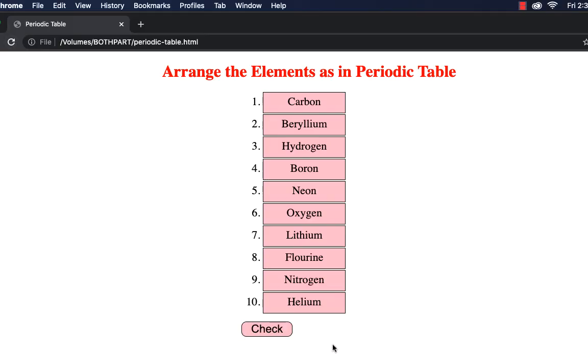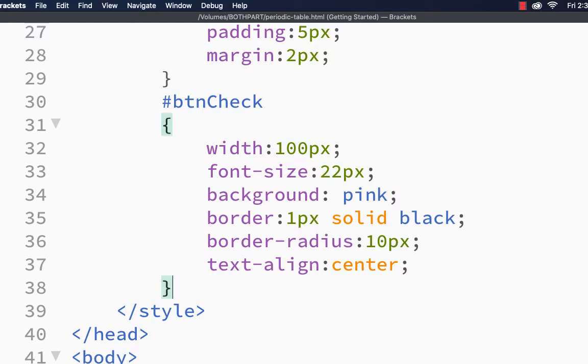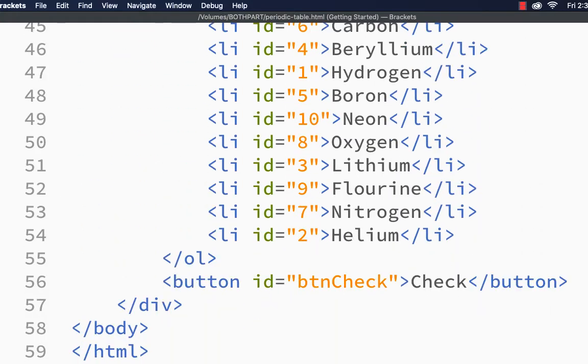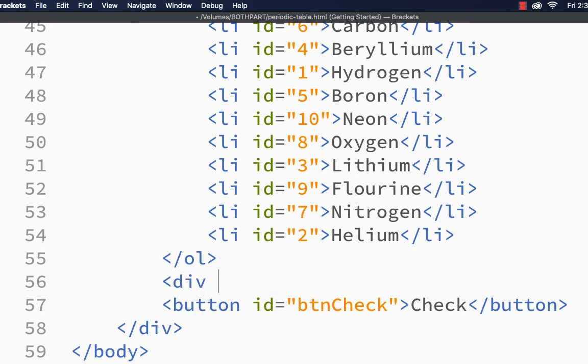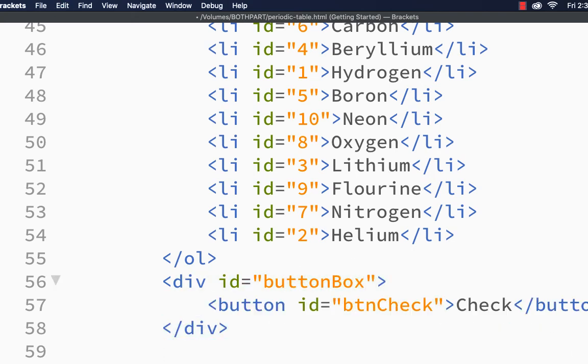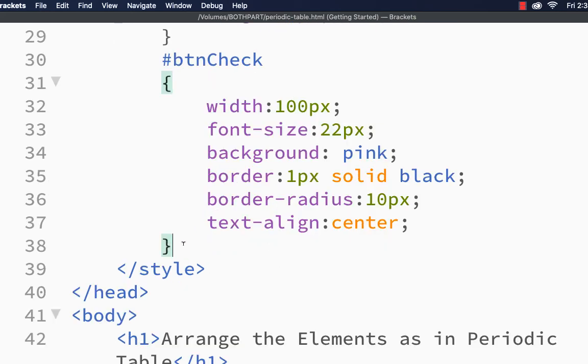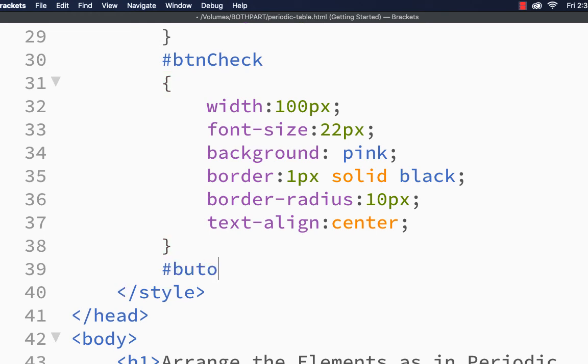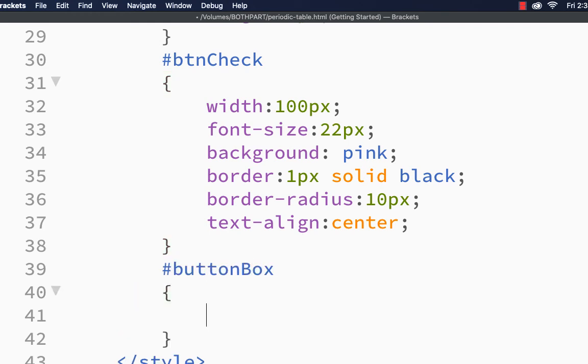Actually, I want it centered just like these elements. So what I can do for that is have another div element and within that add this, and then move that div element. So here, inside the element section, let me have another div element, a div with ID button box. And let me move this code from here to here. And let us try to style the button box div element. Let me access button box here, #buttonbox, and specify text-align to be center.